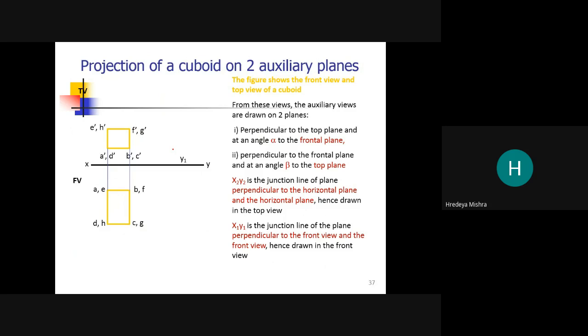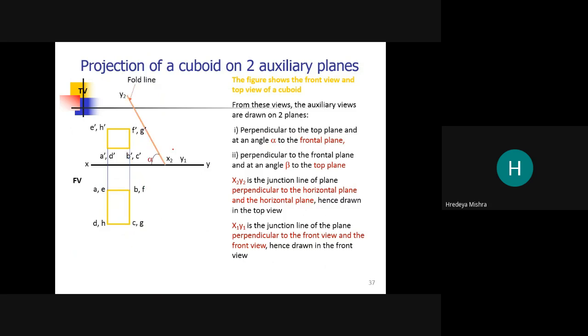So here the second example: the figure shows the front view and the top view of the cuboid. From these views, the auxiliary views are drawn on two planes. First, perpendicular to the top plane and at an angle alpha to the frontal plane; second, perpendicular to the frontal plane at an angle beta to the top plane. So here we need two lines, x1 y1 and x2 y2.